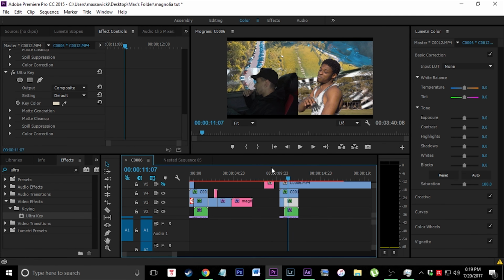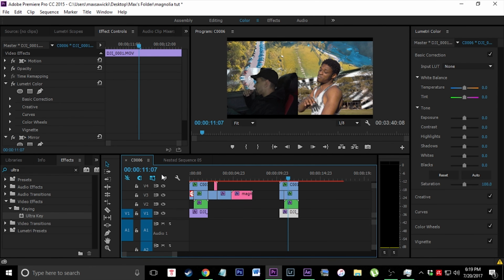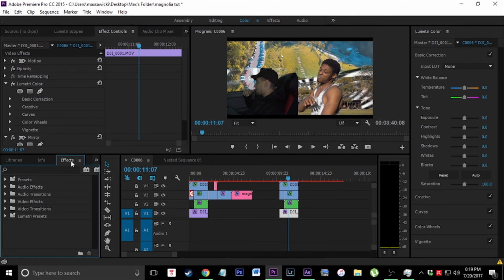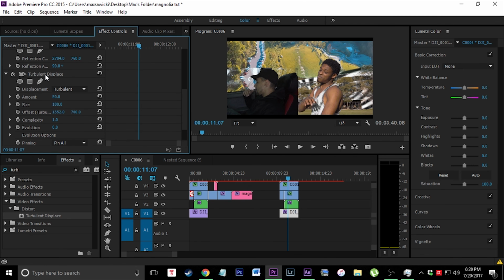So what I'm going to do is add some Turbulent Displacement just to add a little bit more warping and trippiness. I'm going to go over to Effects and look up Turbulent, and it's right here under Distort. I'm going to add that onto my drone shot. Now I just want this part right here to be all wavy. So I'm going to go down to my Turbulent Displacement